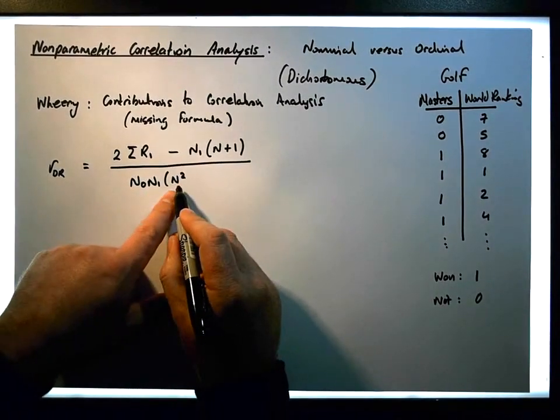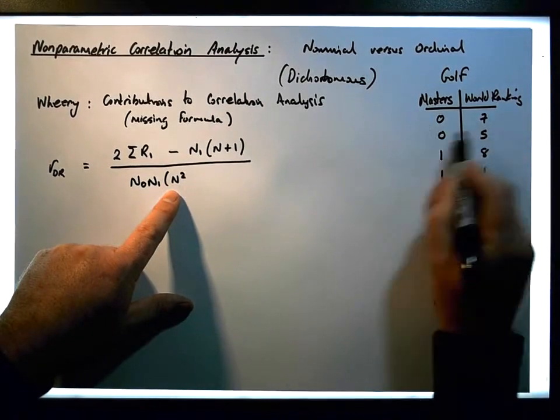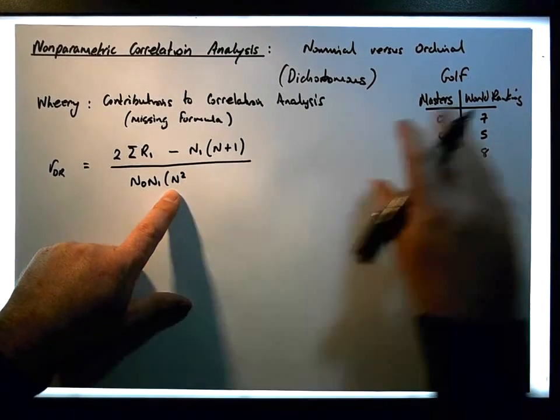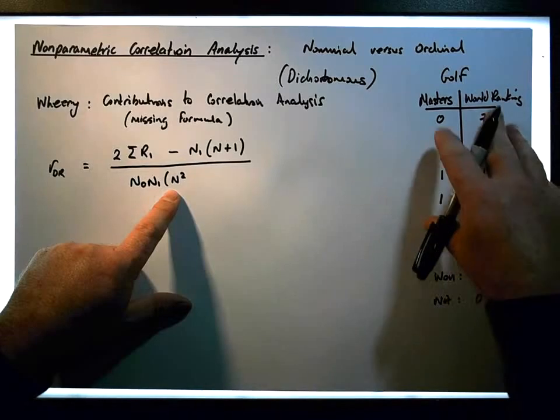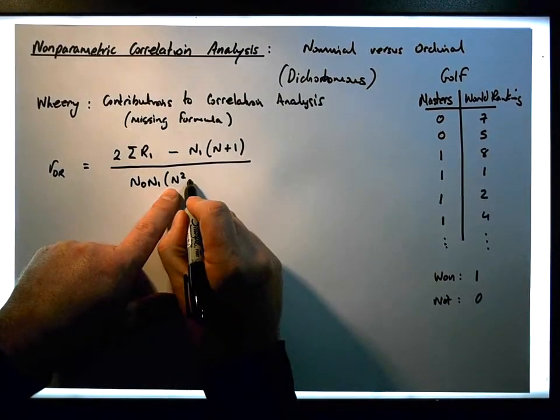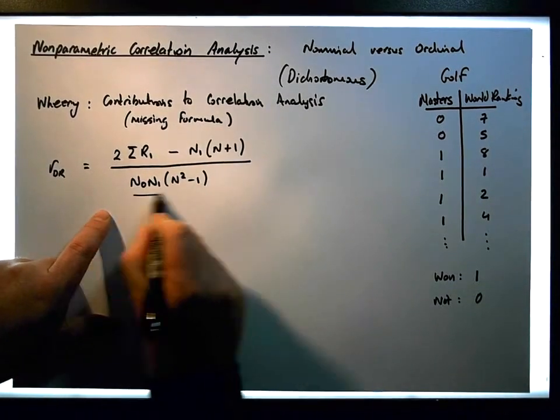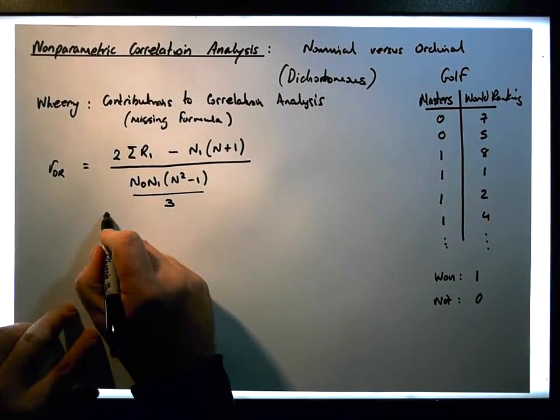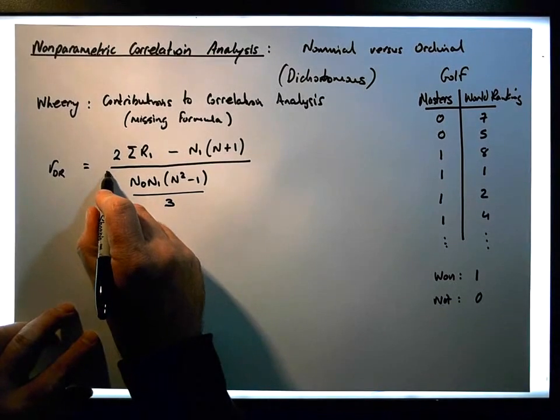When we're talking about sample sizes, we've laid this out, we're talking about paired observations, okay? When we convert this into a contingency table, we're talking about the total number of frequencies across the contingency table. So it's n squared minus 1, and that's all divided by 3, and it's the square root of that denominator. So it's the square root of this particular